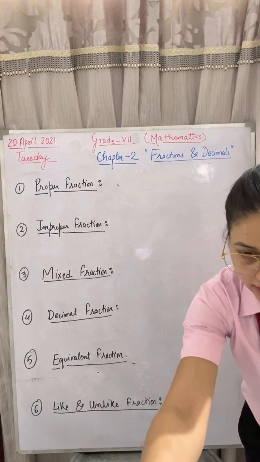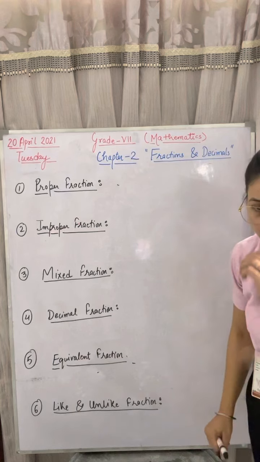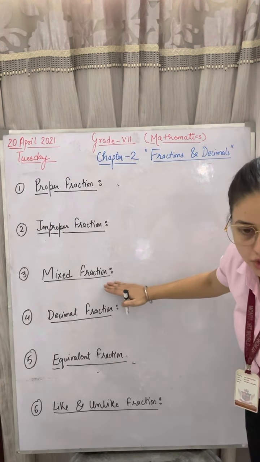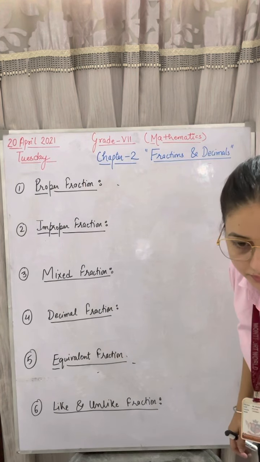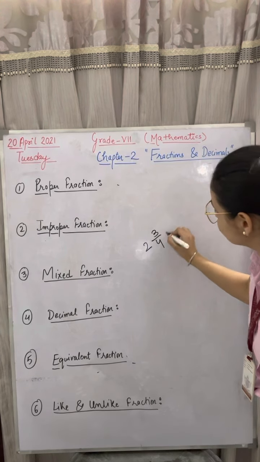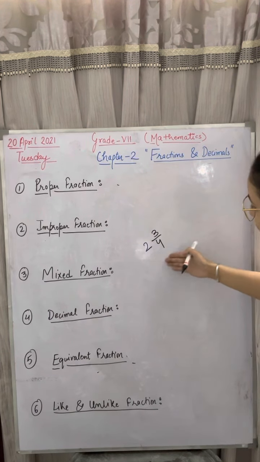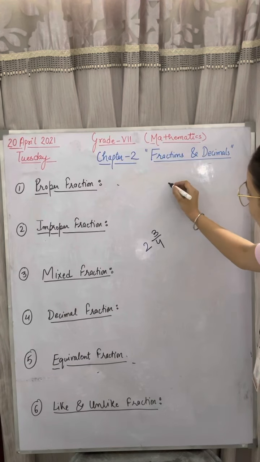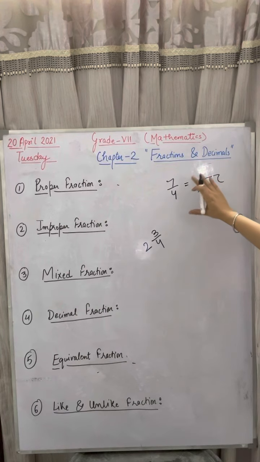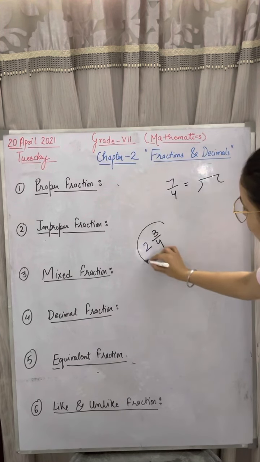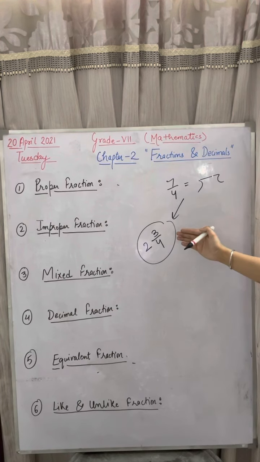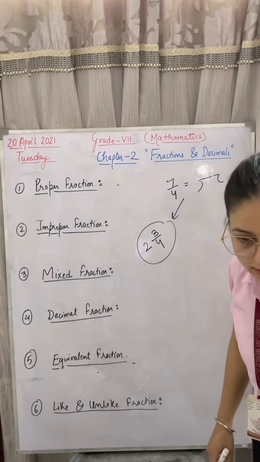Kartike, give me the answer quickly. What do you mean by a mixed fraction? How can we write a mixed fraction? Ma'am, we will write it like 2... This is how we can take out the mixed fraction when we divide any fraction. Suppose 7 upon 4. When we divide this fraction, the answer will come in the mixed fraction, and you know very well how we can write it as a mixed fraction. Yes, ma'am. Okay, so mute yourself.